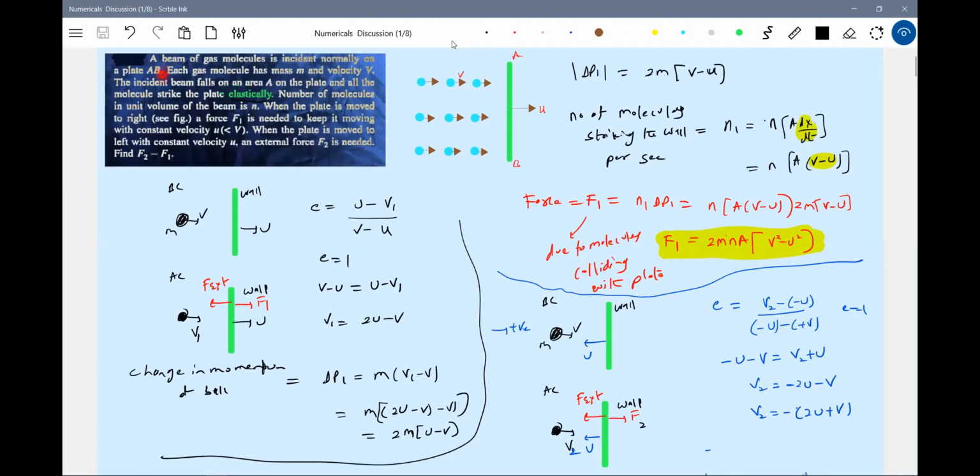Okay, this is about the next one, let me read the question. A beam of gas molecules is incident normally on a plate AB. Each gas molecule has mass m and velocity v. The incident beam falls on an area on the